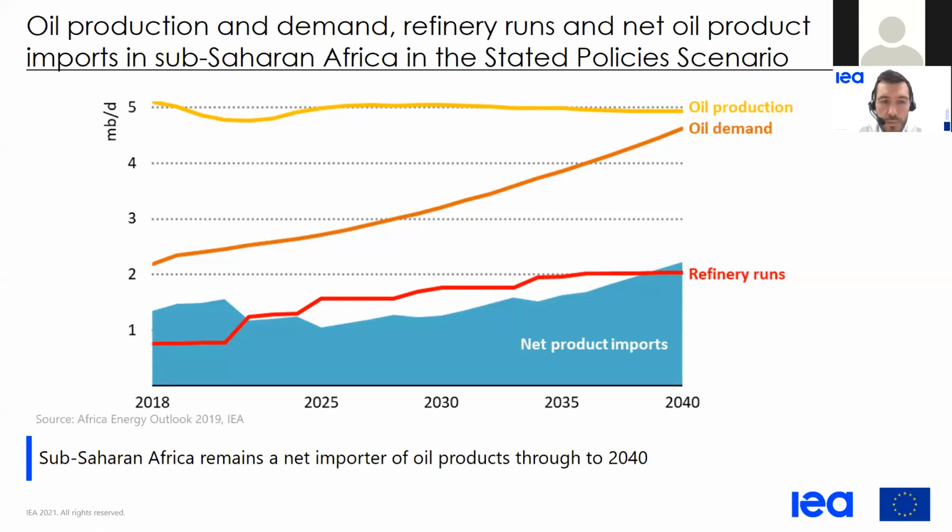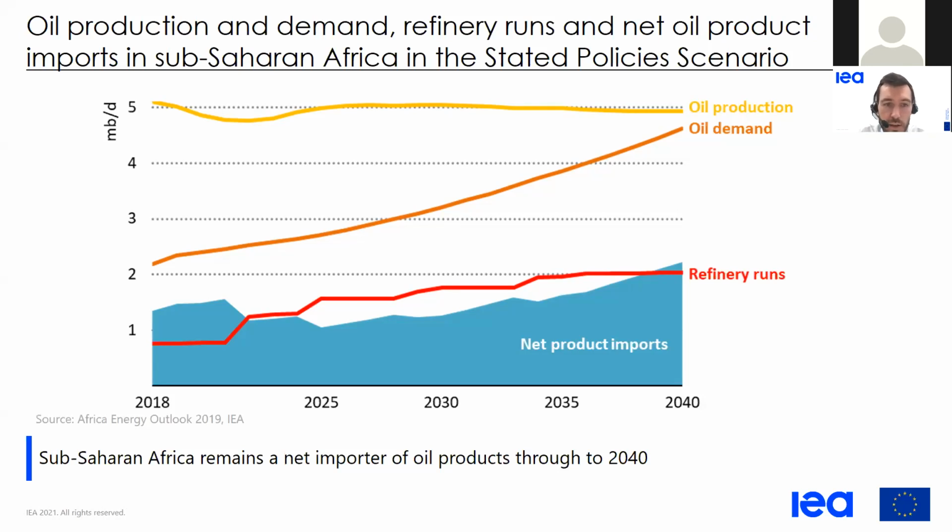When we look downstream, we expect oil demand to more than double by 2040. This relates to all that we've discussed in previous sessions: increasing population, increasing urbanization, and industrialization, which will drive upwards the demand for oil in the form of oil products, for transport, maybe for power generation, and for other uses. Between this upstream production and downstream demand, we have the midstream refinery sector.